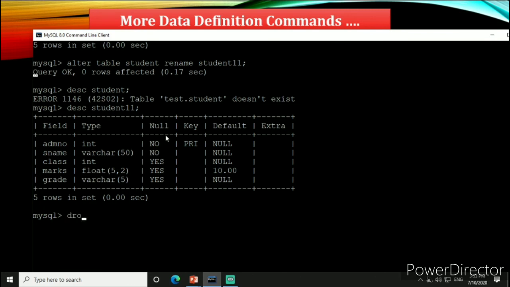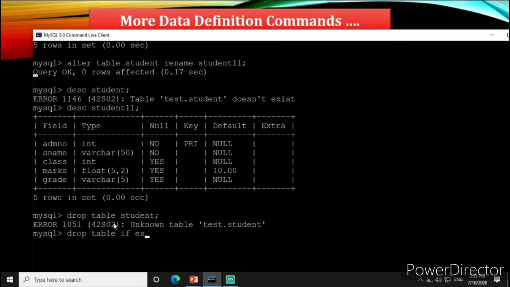Suppose we want to drop table student. Then here you can see the system will generate an error. But if you write drop table if exists student, then query OK, the system will not generate any error.